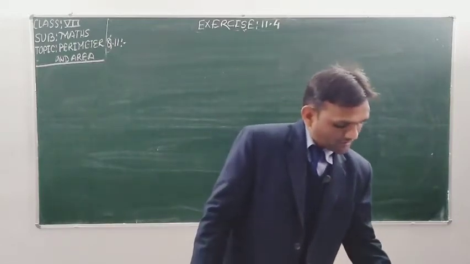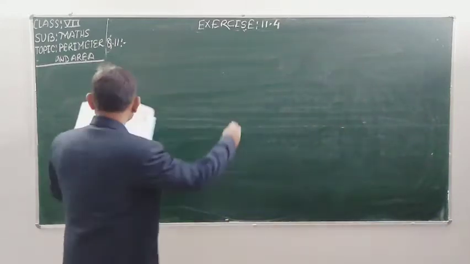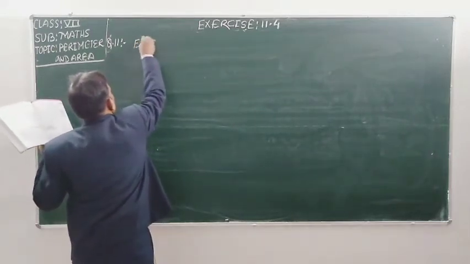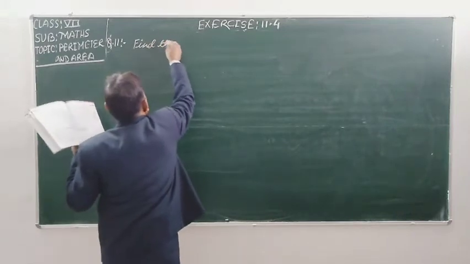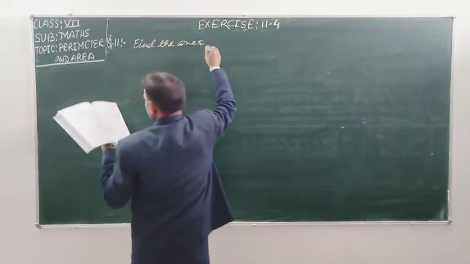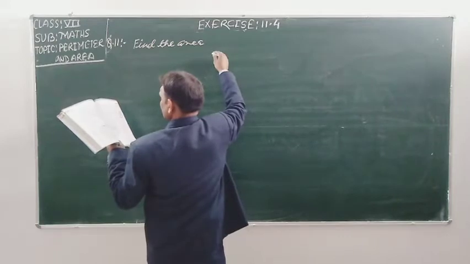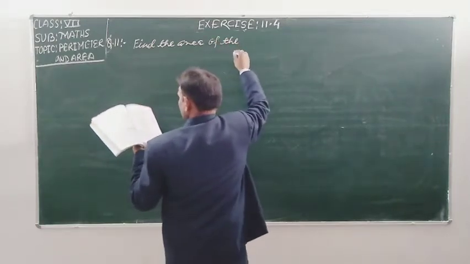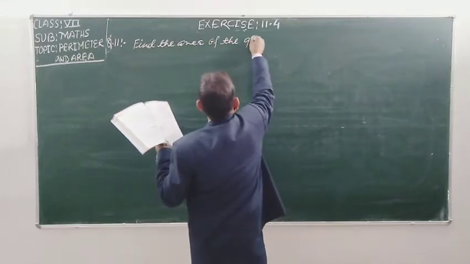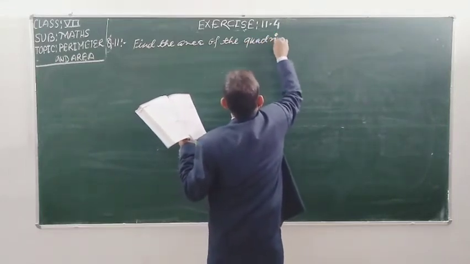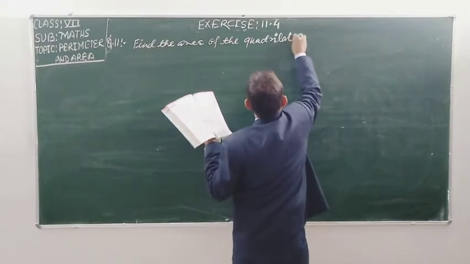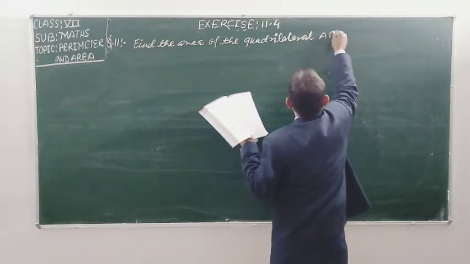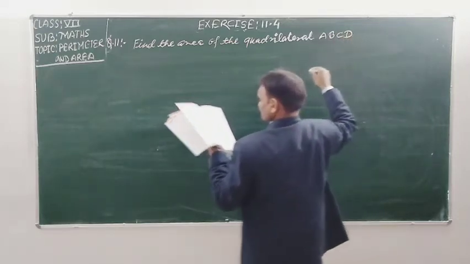So student, firstly, I am writing the question. Find the area of the quadrilateral ABCD. Here